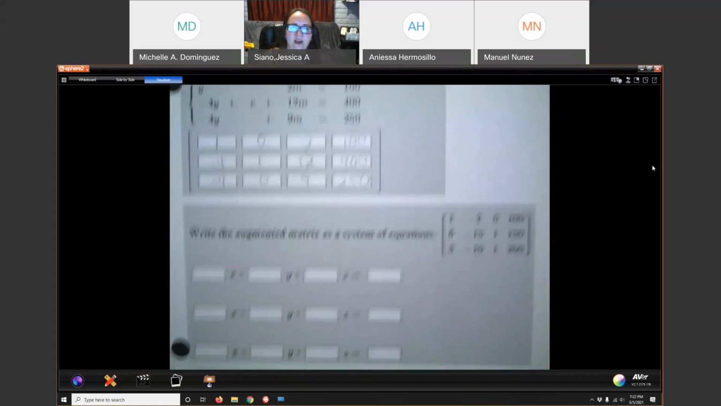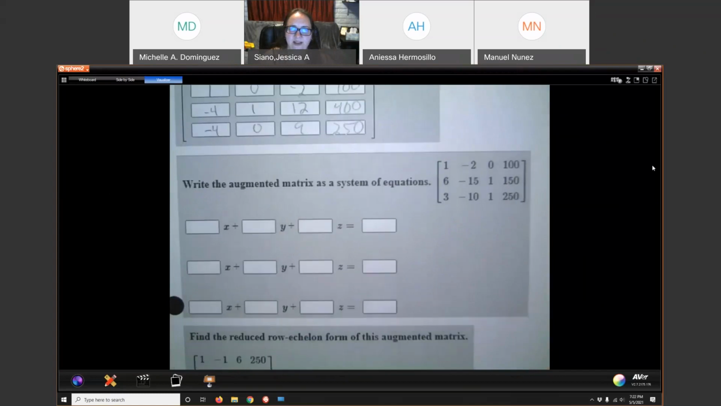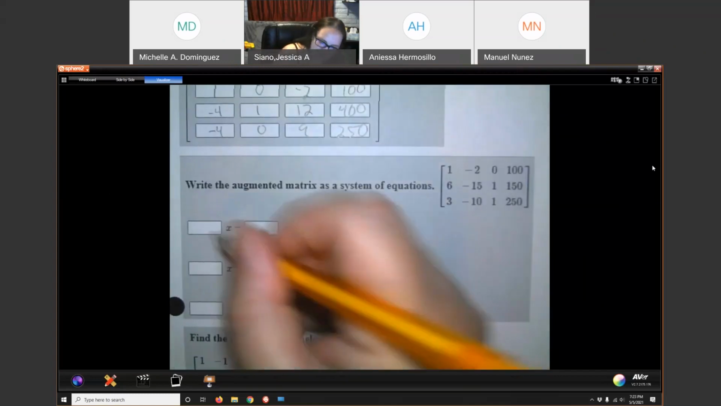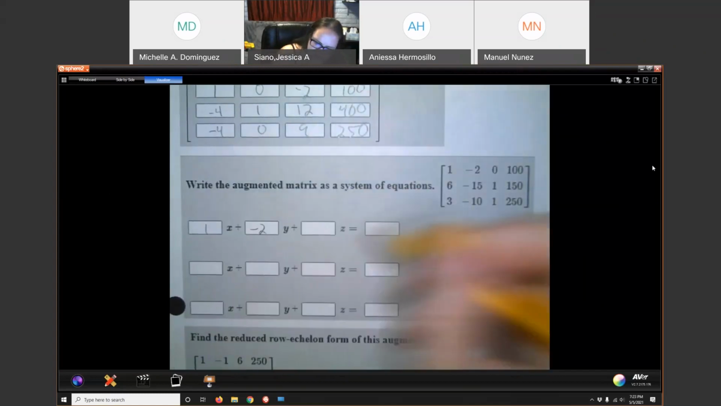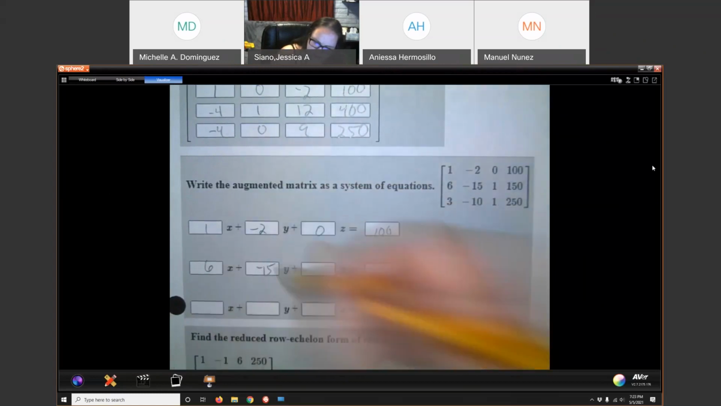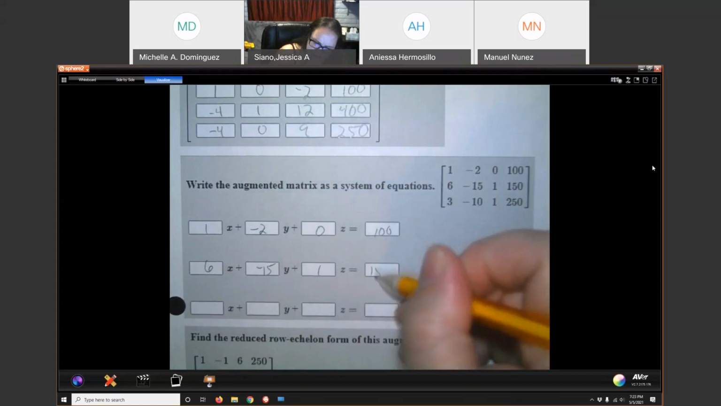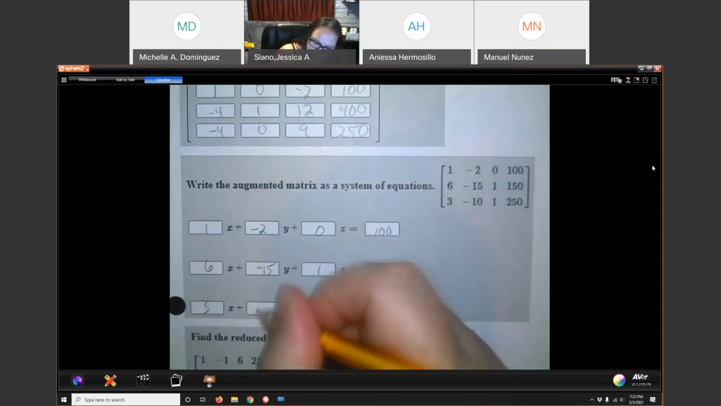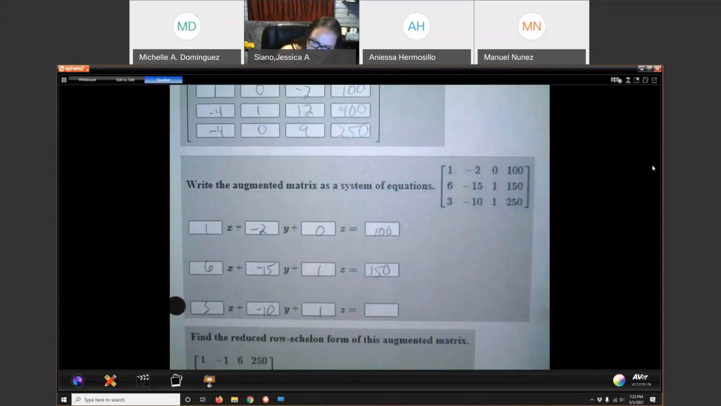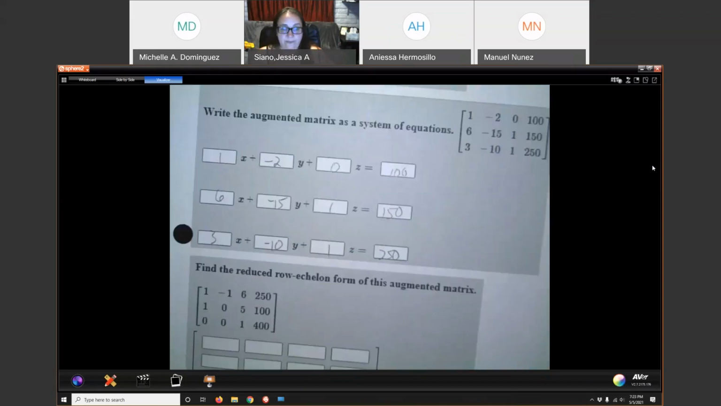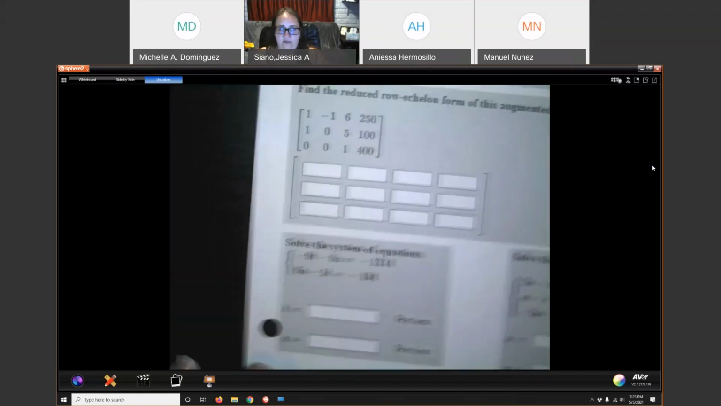And then going the other way, we're basically just copying these numbers into these boxes. 1, -2, 0, 100, 6, -15, 1, 150, 3, -10, 1, 250. Okay. And to do reduced row echelon form,